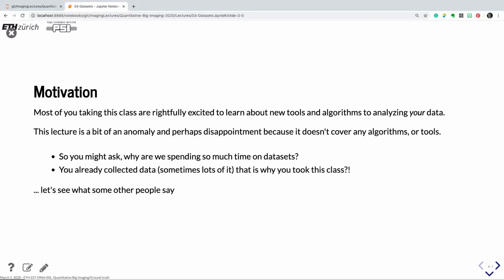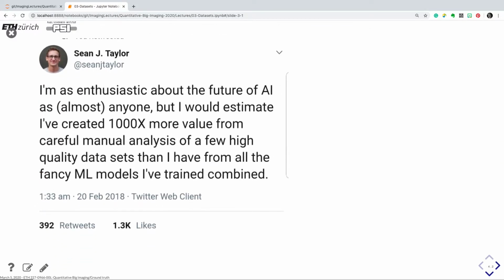And the question you can start asking is, why at all think about other people's datasets and spend a lot of time on it? So let's see what other people say. There's a couple of tweets here. Here's one guy. He is saying, in principle, he has produced a lot more information out of a few datasets. So actually he's going towards, you don't need so much, but you need really good datasets. That means they have good labels, they have good information, metadata around the conditions of the data. Data without additional information is useless.